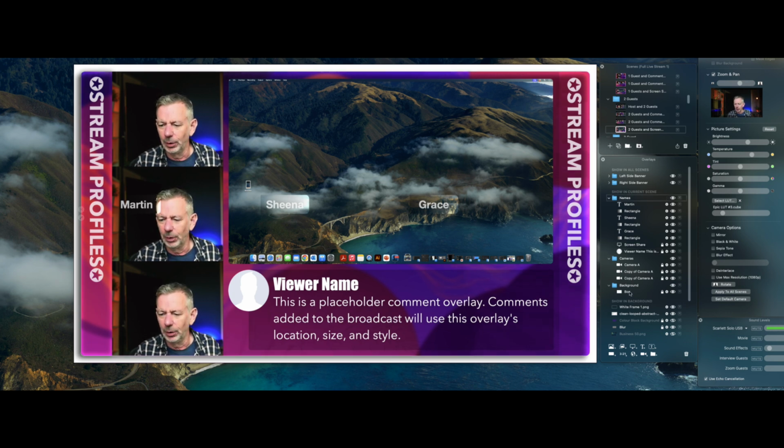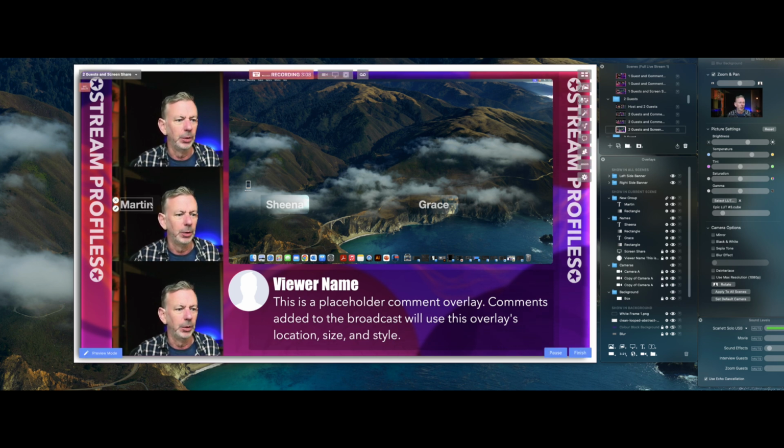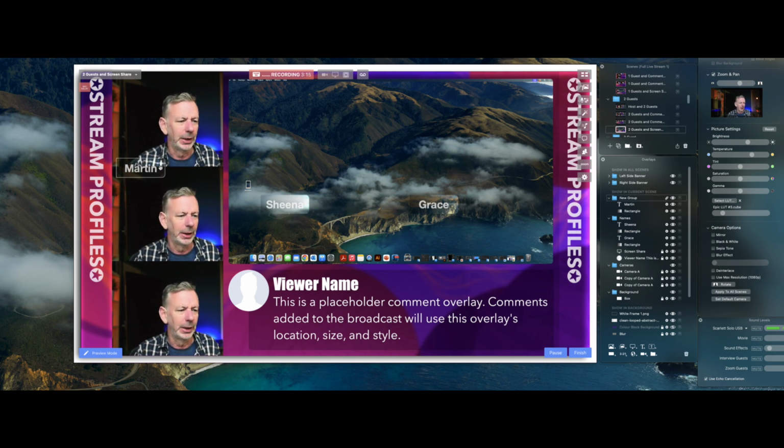So in order to do that, what I want to do is create myself a new folder. So we'll leave it titled new group because that's fine. And then I'm going to grab the items that I want to move together. So in this case, Martin and a rectangle, and I'm going to drop them into that grouped folder. If I then hit the link button on that grouped folder, I know that those two items are going to move around together. So if I go and grab my box, which is a very light, subtle box here, and drag it up the way